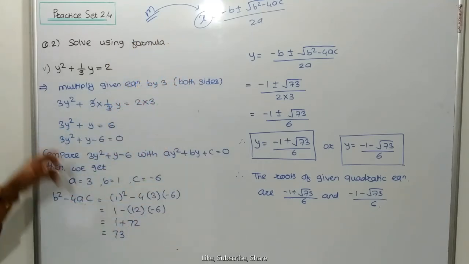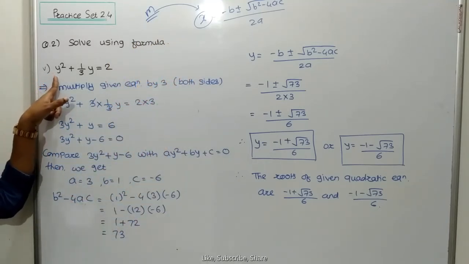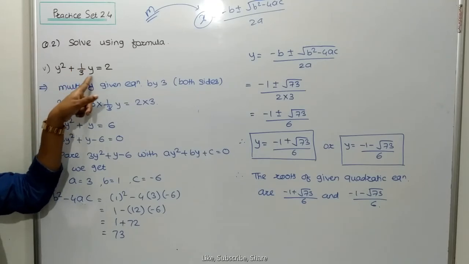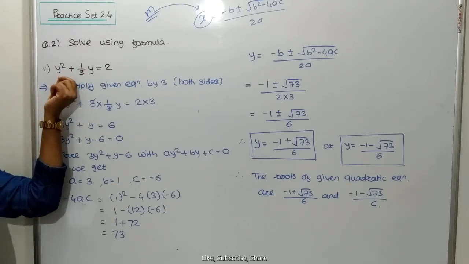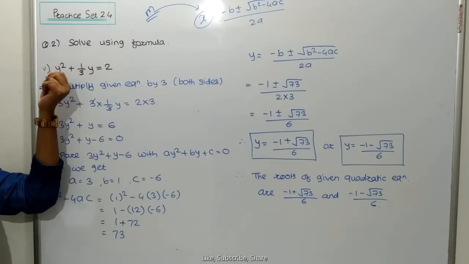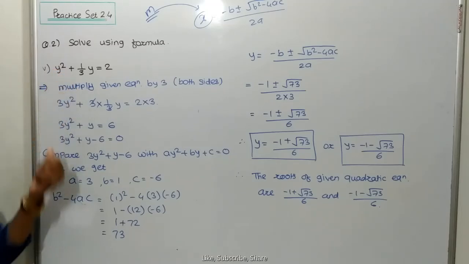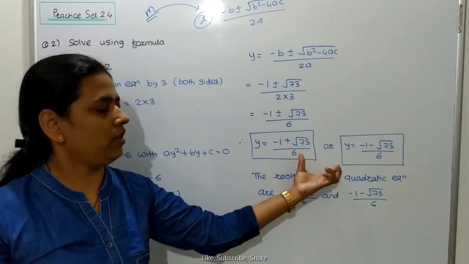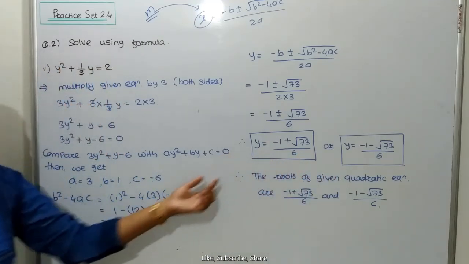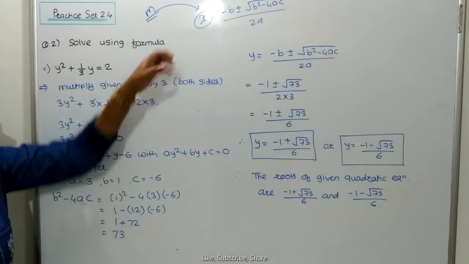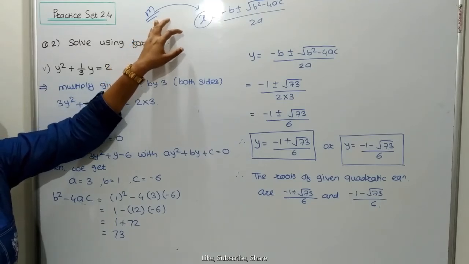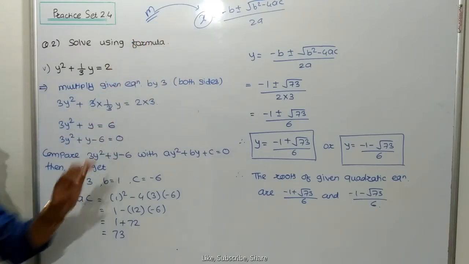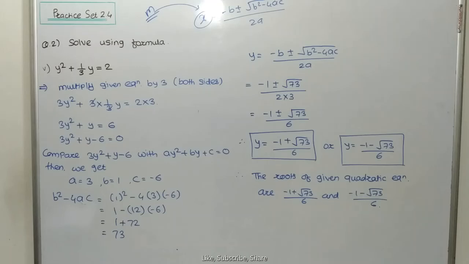Like this one. What is this equation? That is y square plus 1 upon 3y. So whatever the variable used here, what is the name? y. So therefore we have to use y is equal to this term, and we have to calculate y like this. So therefore we just have to change the variable name. So please correct the previous example. Okay. So now the next question, that is question number 6.